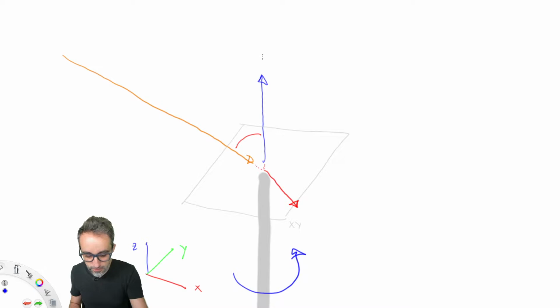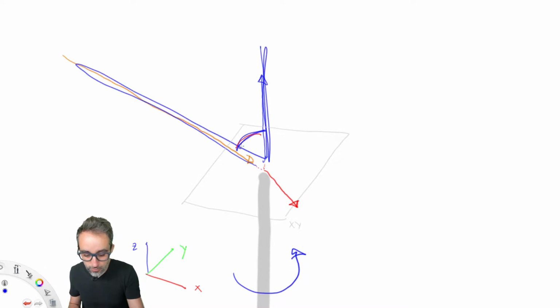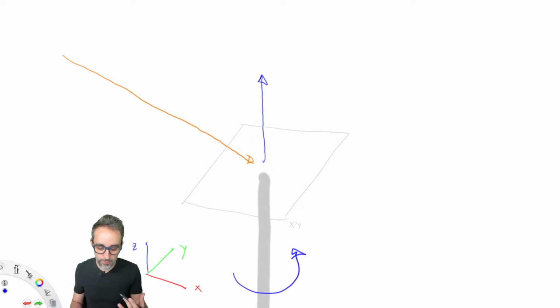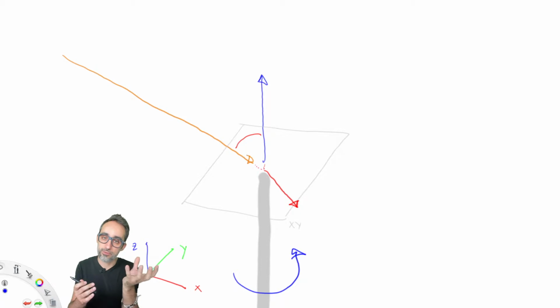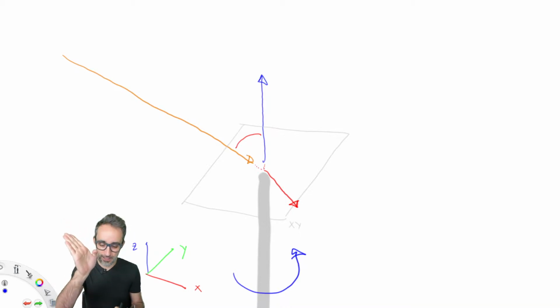The mast vector and the sun vector form a plane that we can find the perpendicular for. And the perpendicular to that plane is going to give us the angle that we need to rotate the mast to approximate the sun incidence.